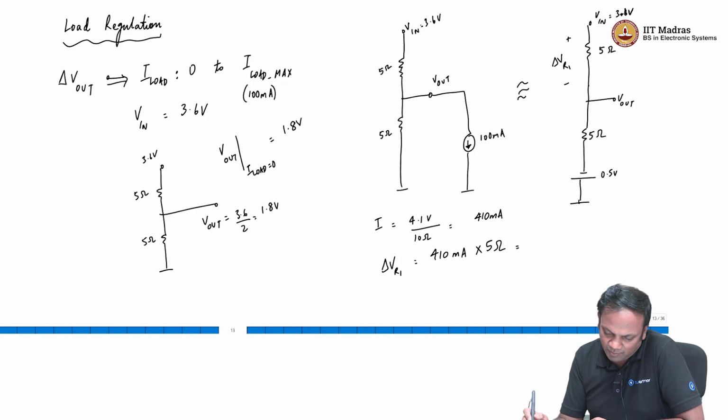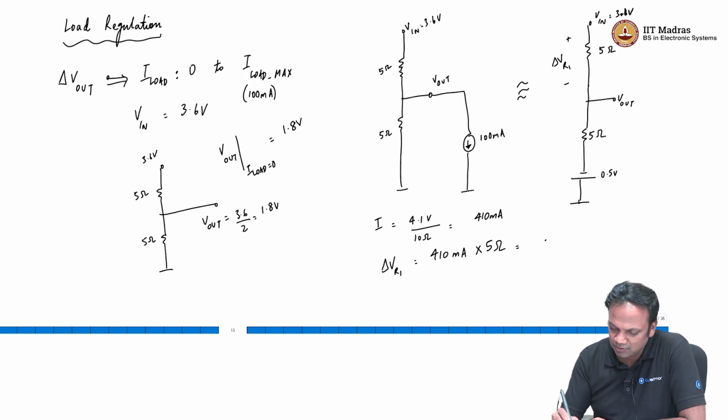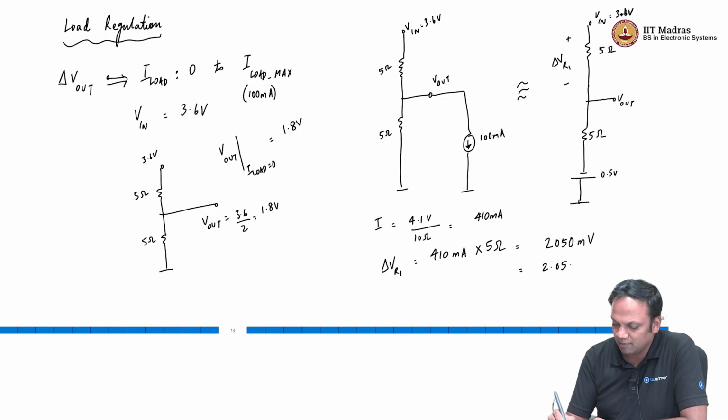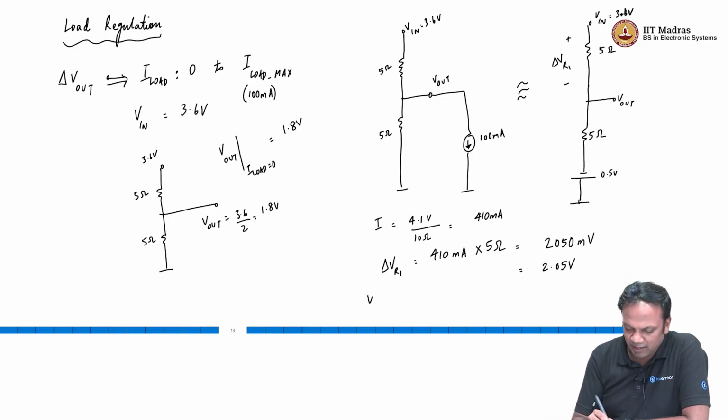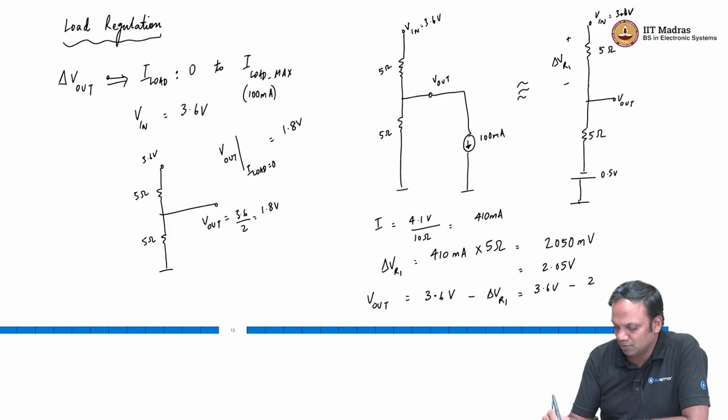So, delta V R1 is 410 milliamp into 5 ohms, which is 2050 millivolt or 2.05 volt, which means V out will be 3.6 volt minus delta V R1, which is 3.6 volt minus 2.05 volt, which is equal to 1.55 volt,